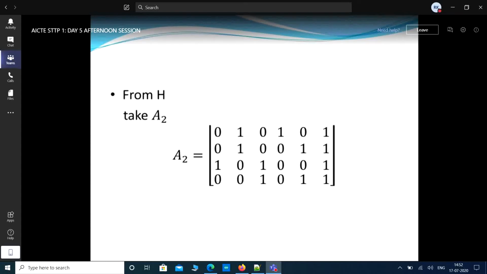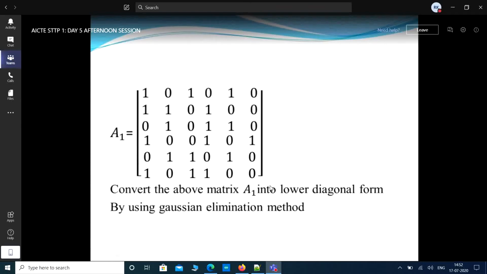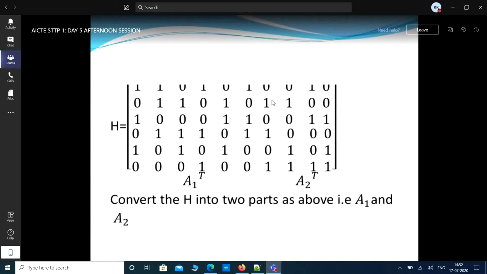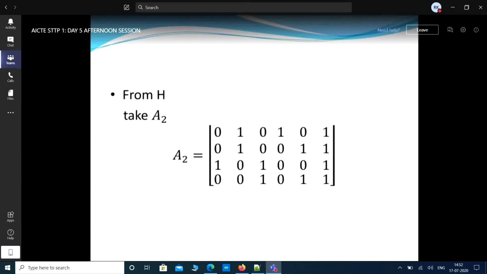Then take the second matrix, which is a rectangular matrix. First it is converted into A2 transpose. A2 transpose means, first you take the figure. This is A2. The first column of A2 is 0, 1, 0, 1, 0, 1. First column is equal to first row, second column is equal to second row, third column is equal to third row, and so on for the fourth column in the transpose. Here you see how the transpose is formed. The first column in that matrix is 0, 1, 0, 1, 0, 1, and the second column is equal to the second row.